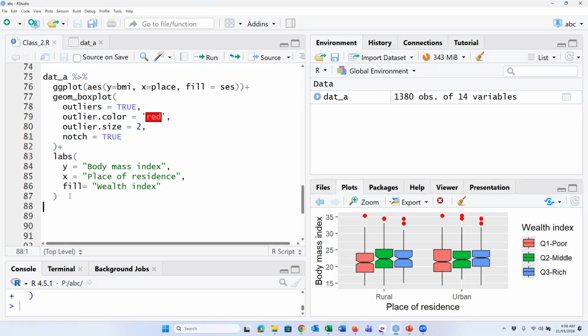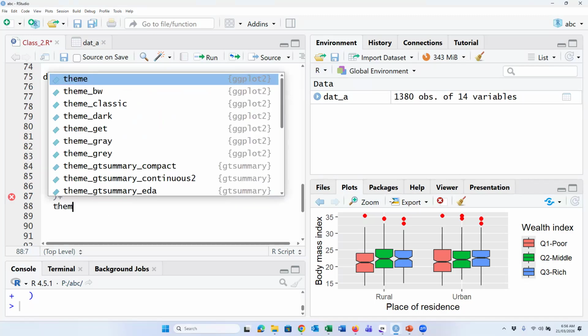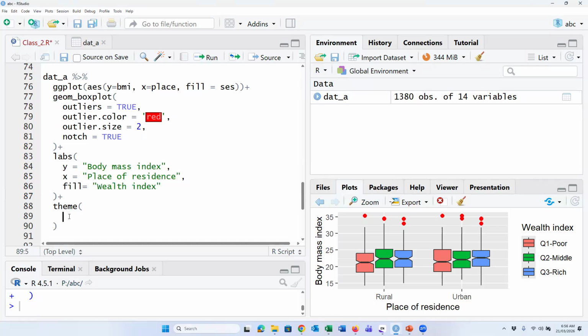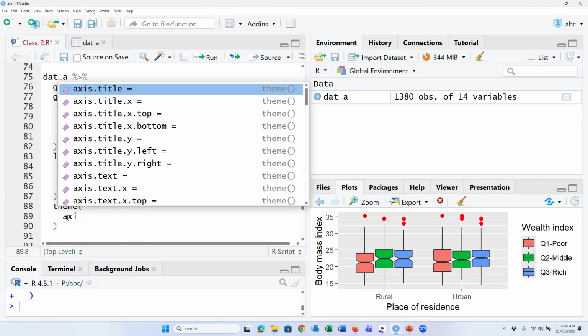Now properties. If we modify the axis properties, then we have to write theme. Under the theme function, we can change anything. For example, here the axis titles are place of residence and body mass index. So if we type axis title,